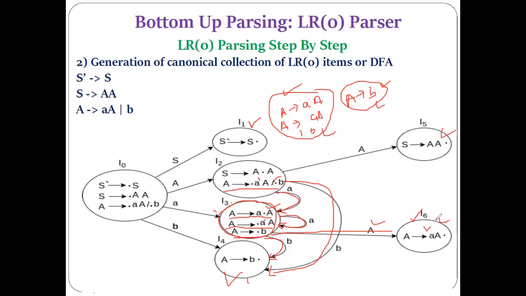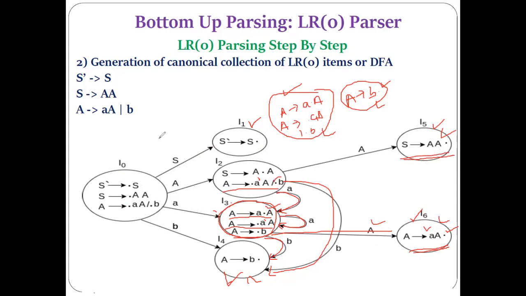Now, can the canonical collection be further extended still? No, because here the canonical collection will stop, because we have got the final items. Now nothing is remaining to be seen by the parser. What does it mean? Nothing is remaining to be seen by the parser, and it indicates what? The parser can now do the reduction. Because here we have reached the final item, here also we have reached the final item, and here also. So the meaning of reaching the final item is what? The parser can now do the reduction.